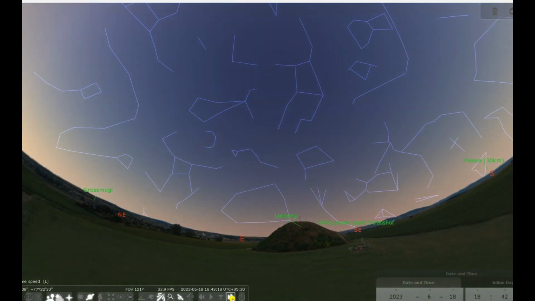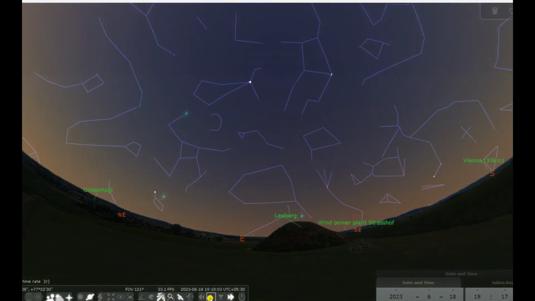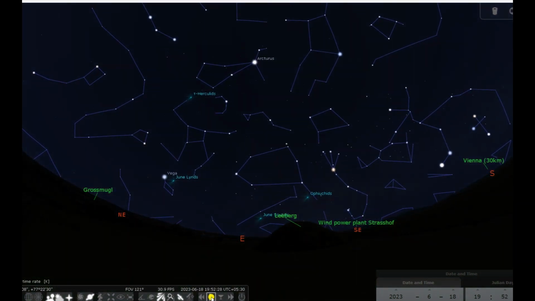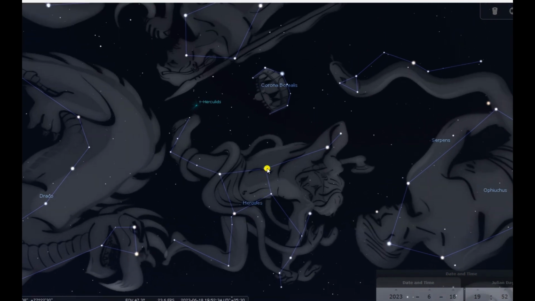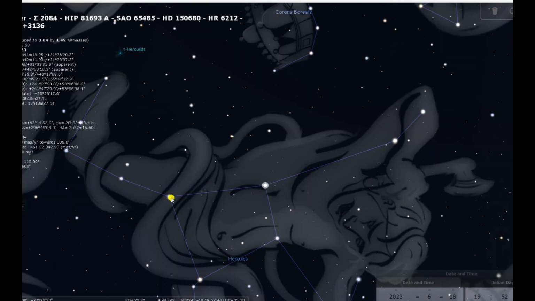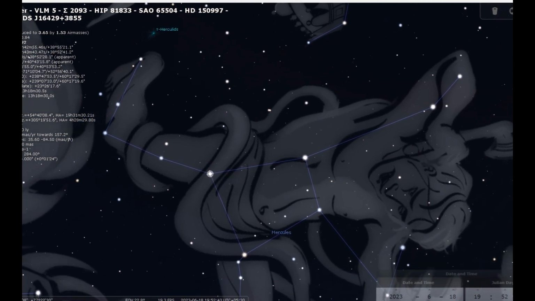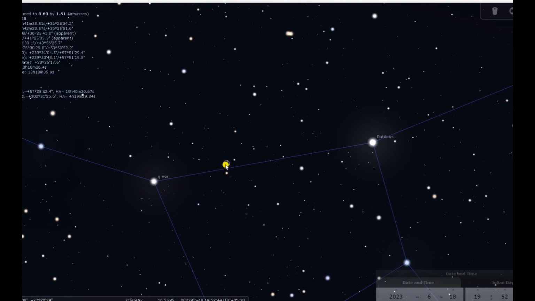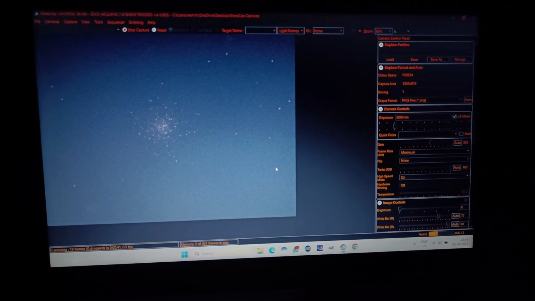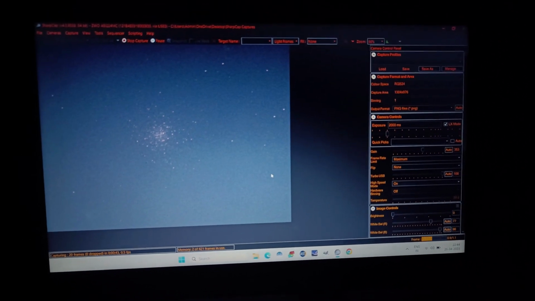M13 can be found in the constellation of Hercules, between the two stars Zeta Hercules and Eta Hercules, slightly north, closer to Eta Hercules. From a dark sky, you should be able to see a fuzzy patch of light with your naked eye. And here we are outside on a peaceful summer night, gazing our sights at the Great Hercules